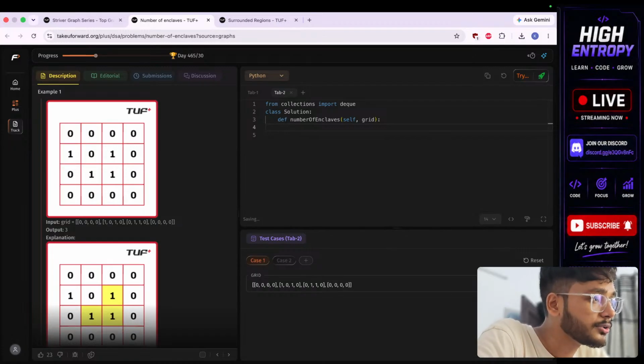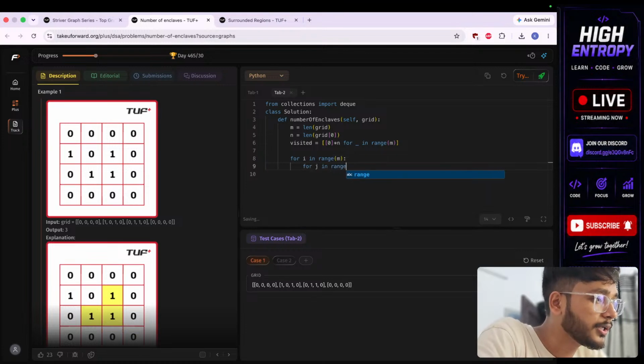Second thing, we need m as len of grid, number of rows, and n as len of grid of 0. Okay, so we got rows and columns, number of rows, number of columns, and visited we need to mark it visited. Keep everything 0. Sorry, first we need to create it, 0 into n for underscore in range m, and this is one thing. Now for i in range m, for j in range n,